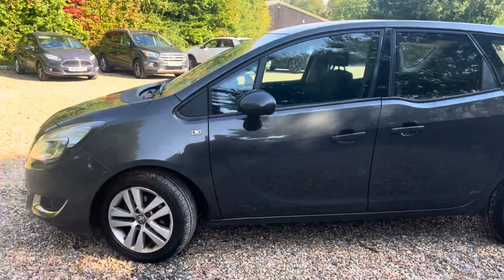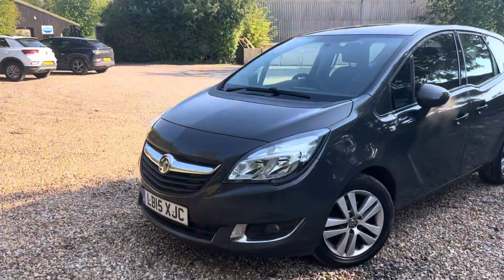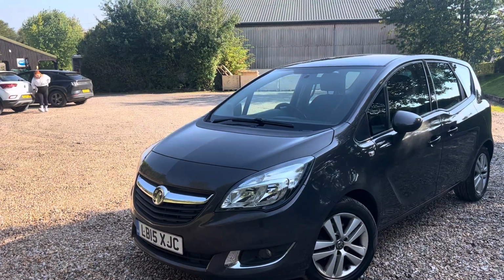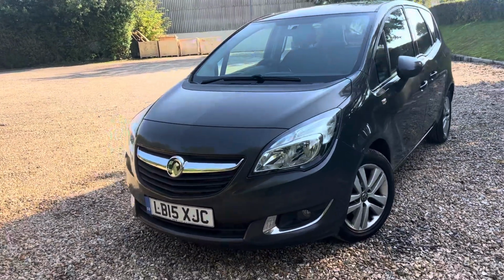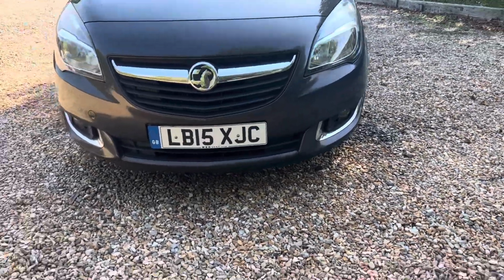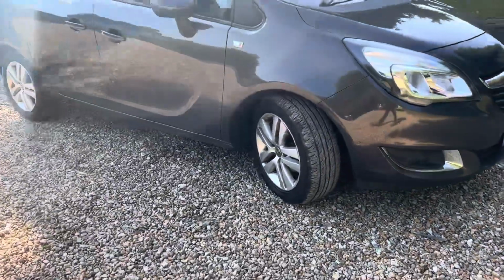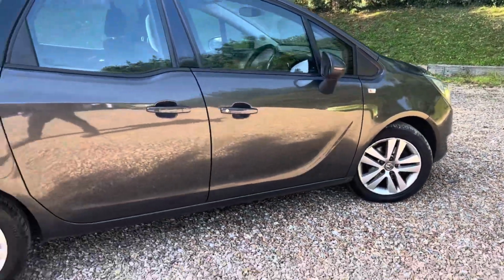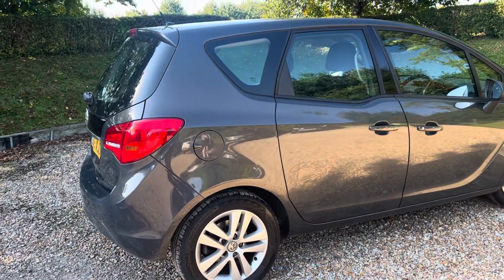This one is in a metallic grey. It looks quite smart and modern. It's a Life edition, and it does come with quite a few standard extras. It has air conditioning, it's got low level driving lights down the bottom there, electric windows, central locking, electrically adjustable door mirrors, aluminium wheels all round, and having had the car on the ramp and given it a